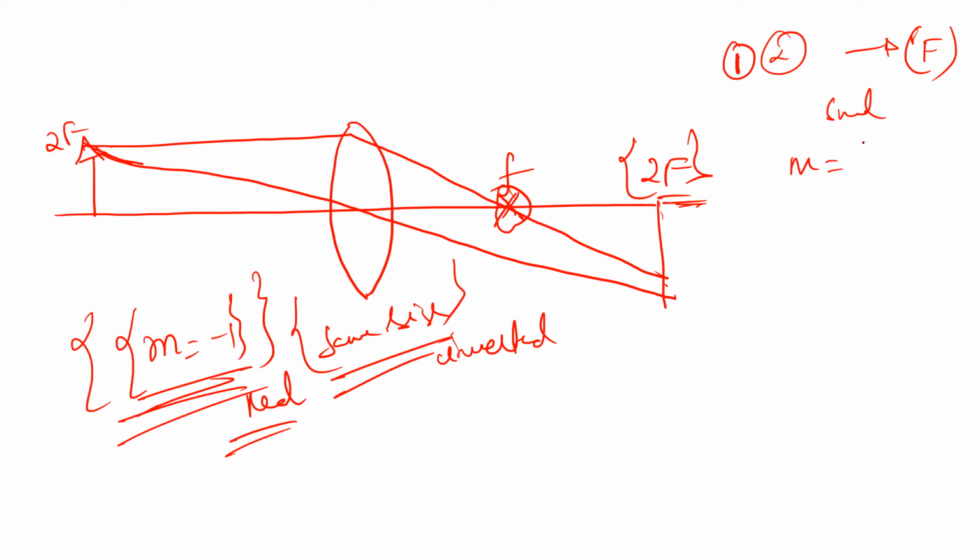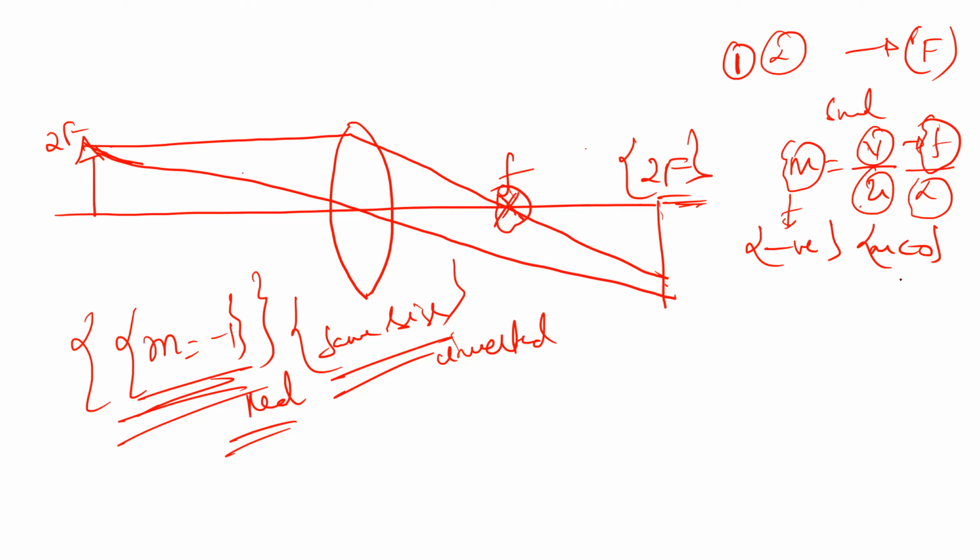the magnification formula. Tell me. v by u, right? Yes, sir. v is the focal length, u is infinity. So infinity is much higher than focal length or not? Yes, sir. Then magnification is very small or not? Tell me. Yes, sir. It will be small. Then v is on one side, u is on the other side, so one will be negative, one will be positive. Can it be negative or not? m less than 0. Tell me. Yes, sir.